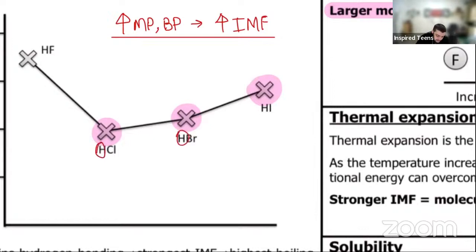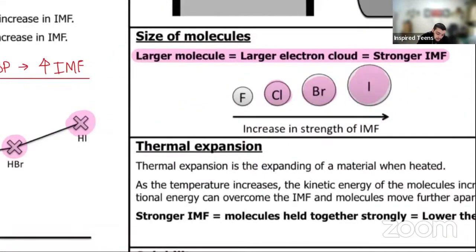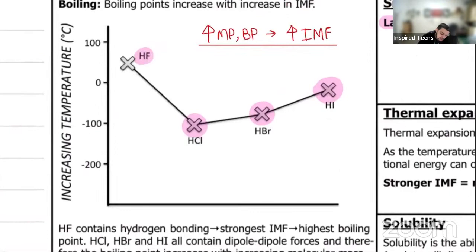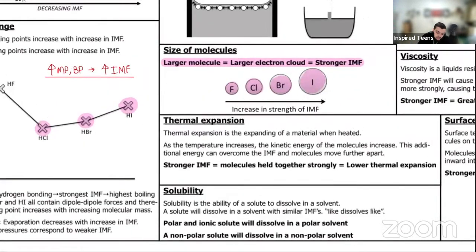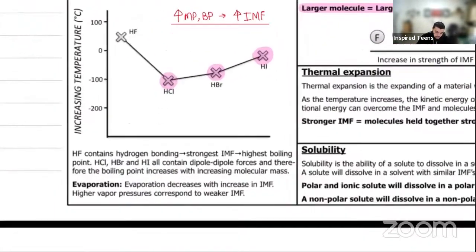And obviously this is controlled. H is the same for all. But even though fluorine is the smallest, it contains a type of bonding called hydrogen bonding, and therefore it makes it the strongest bond. Okay, so